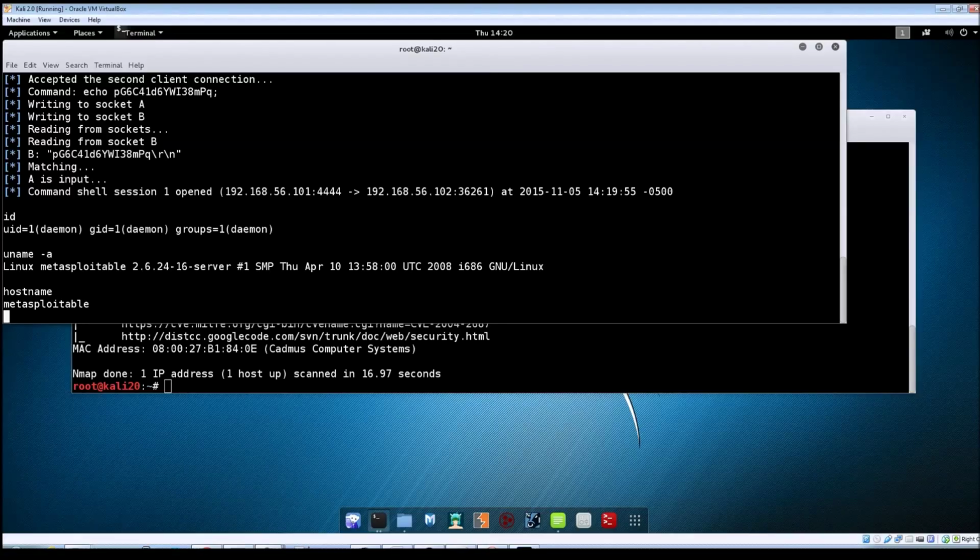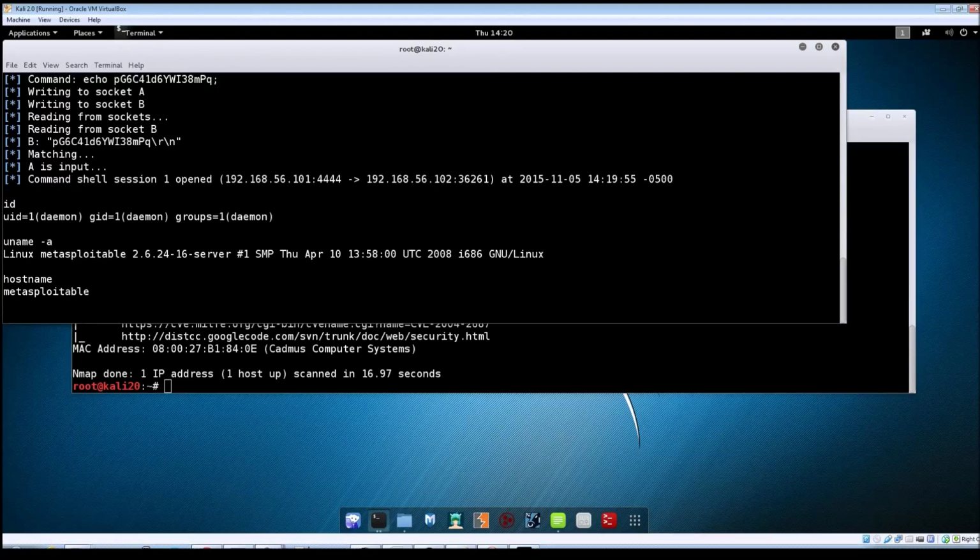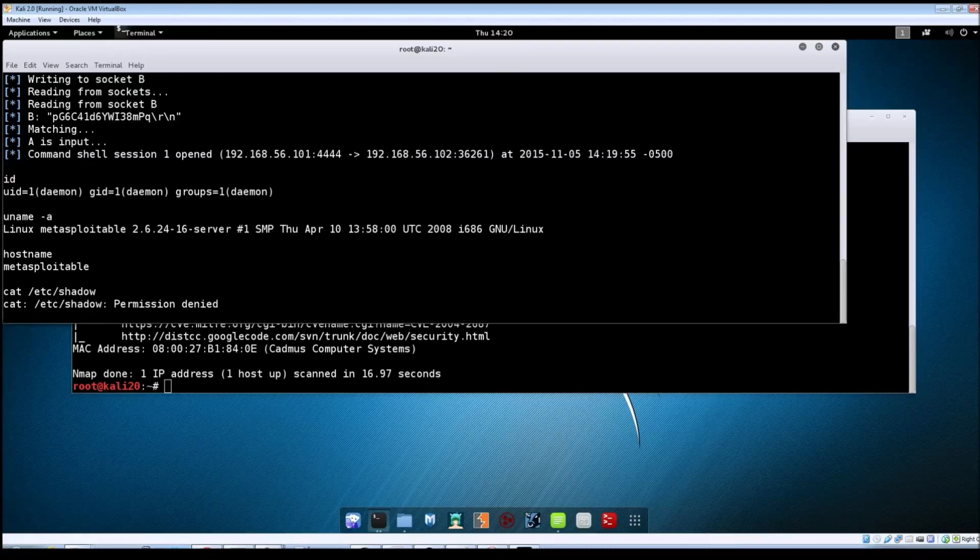The one thing that I want to point out here, if you've watched the other videos, like on Samba and some of the other ones, you'll notice that when we did an id on those, it came back that we were running as root. In this case, we're actually running as the daemon user, which should be a limited privilege user. So if I try to read the shadow file, the /etc/shadow file,